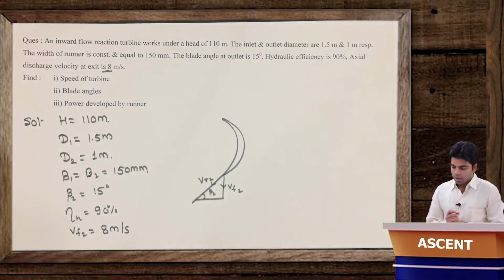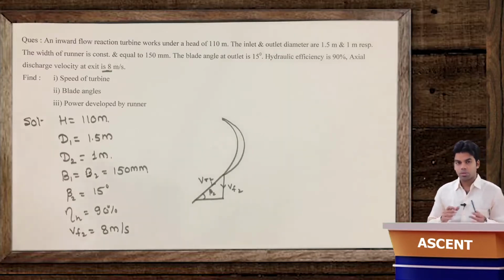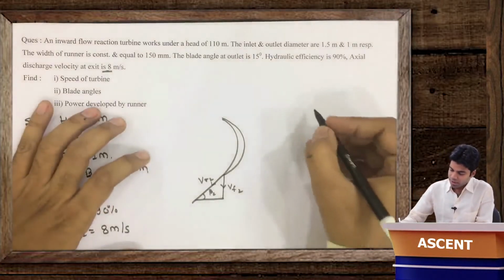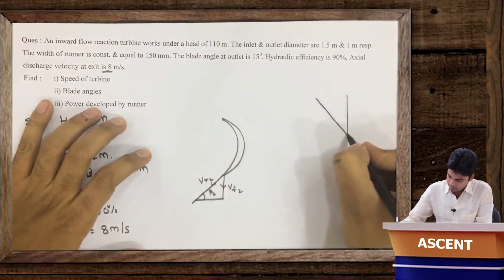Getting this? Okay. Now inlet velocity triangle, because the value of beta 1 is not given, so it is not clear whether this beta 1 is less than 90 degree or it is greater than 90 degree, and because in both the situations the velocity triangle can be different, as we have already discussed. When the beta 1 is less than 90 degree, then velocity triangle would be like this.